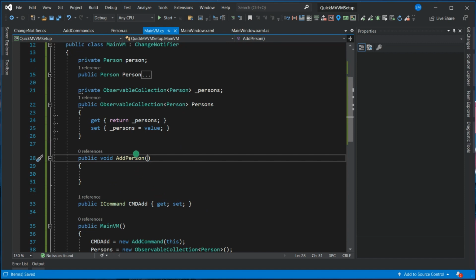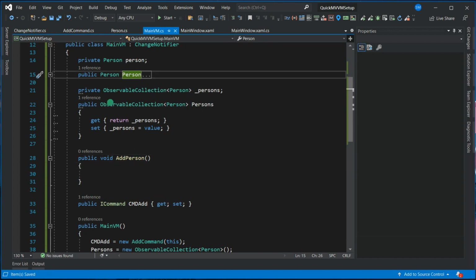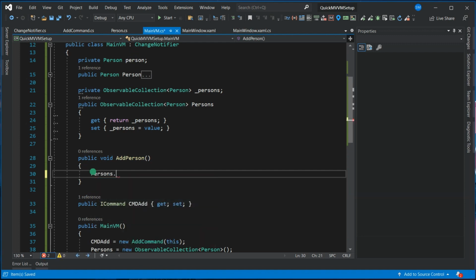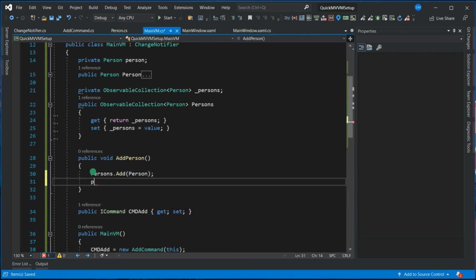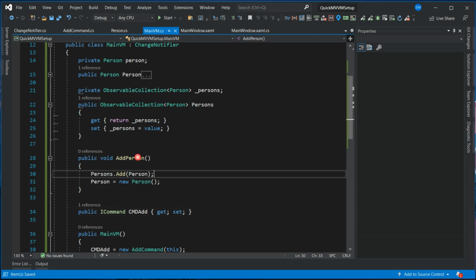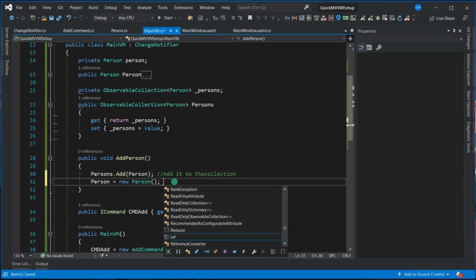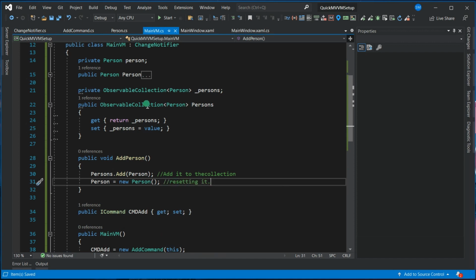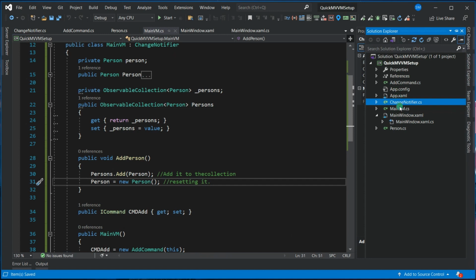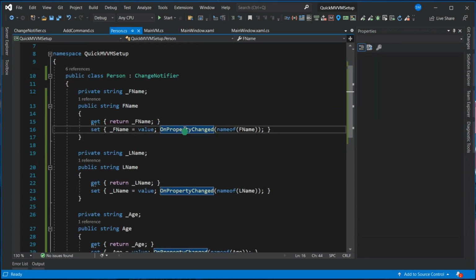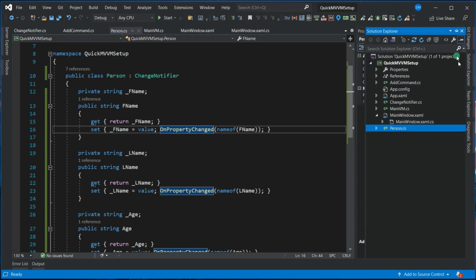And let us do something. Whenever you press person, this particular person gets added to the observable collection. So Persons.Add(person), and then person is equal to new Person. Simple. What I'm doing, whenever I press that command, I just add it to the collection, and then we're basically resetting it. Cool. So now what we have is a model which is basically calling the NotifyPropertyChanged, and then we have